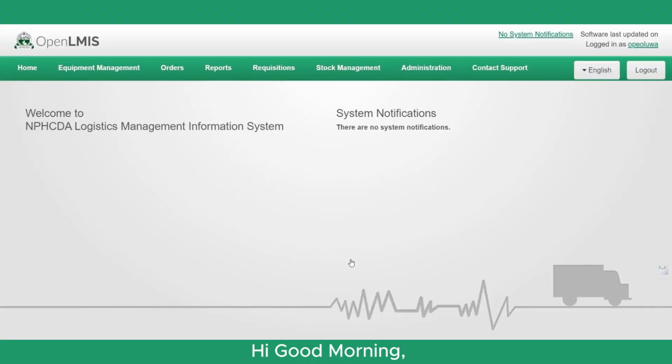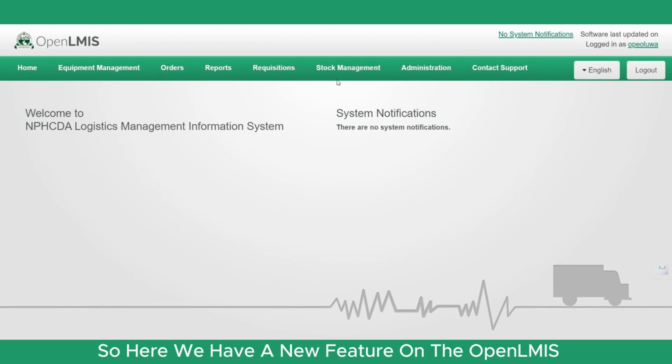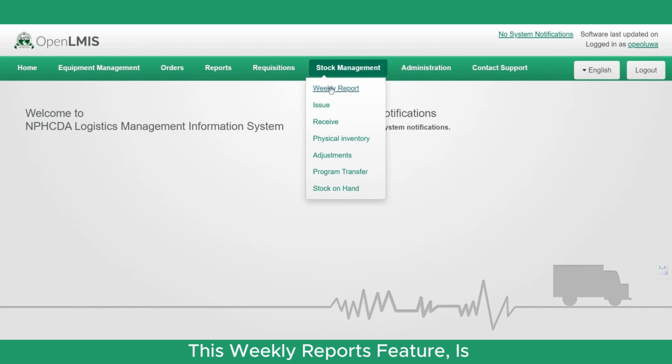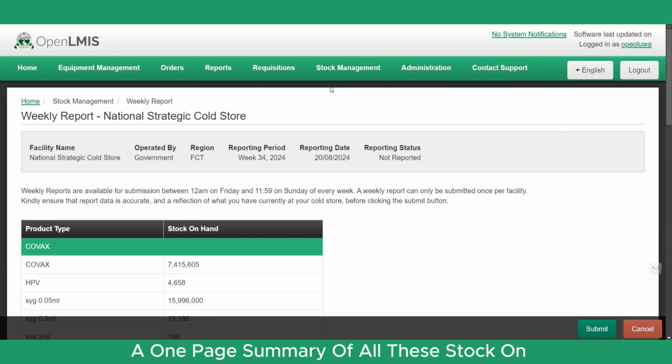Hi, good morning. I will be using the UAT server to explain how we can track and report on the OpenLMIS on a weekly basis. So here we have a new feature on the OpenLMIS that says weekly reporting when you click on stock management. This weekly report feature is a one-page summary of all the stock on hand of our products per program on